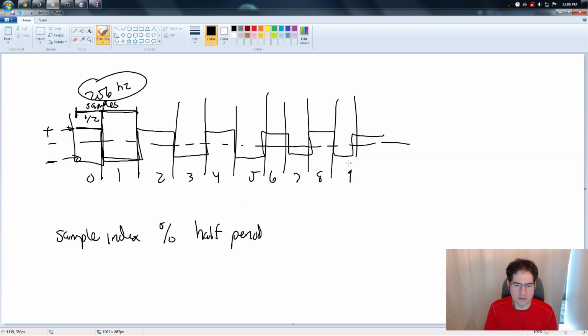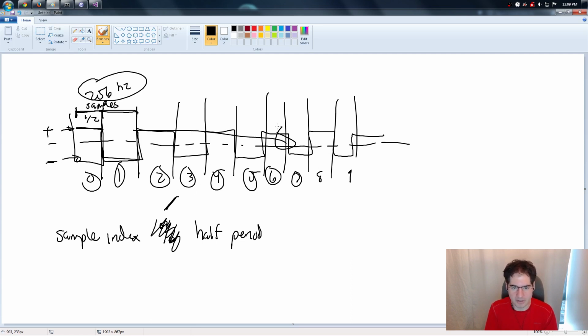Sorry, not that, divided by. If the sample index is divided by the half period, that gives me the whole number. I didn't want the mod yet, I just wanted that. It's the opposite of the thing we did in the previous one where we just wanted the remainder. Here we actually want the whole number, 0, 1, 2, 3, 4. So as this goes up, we have a number that counts up that tells us which half period we're in. So what the mod then does, mod 2,